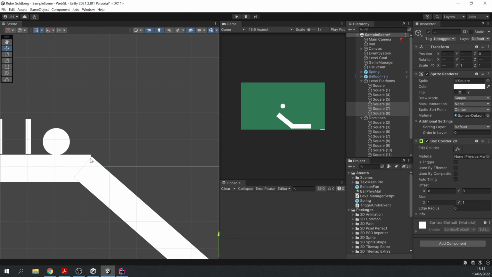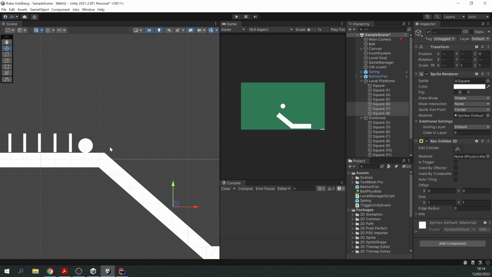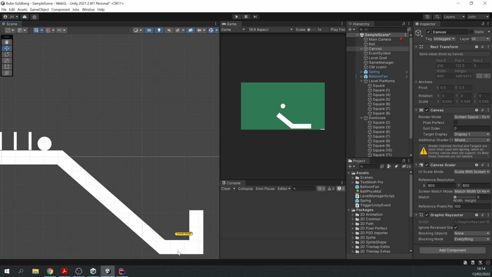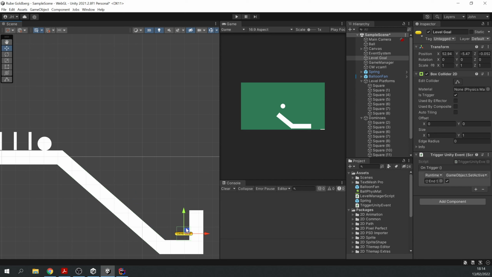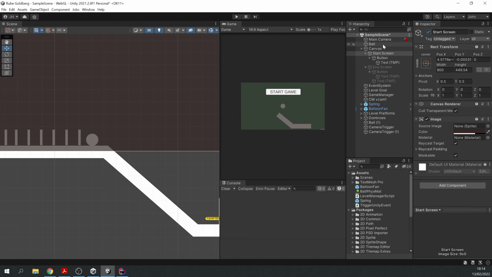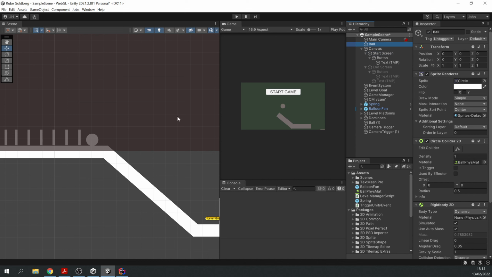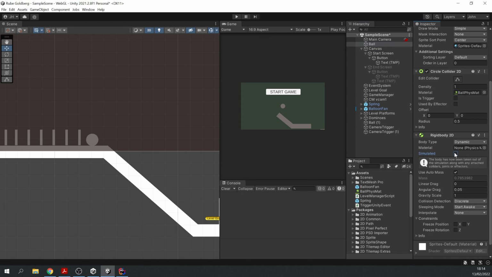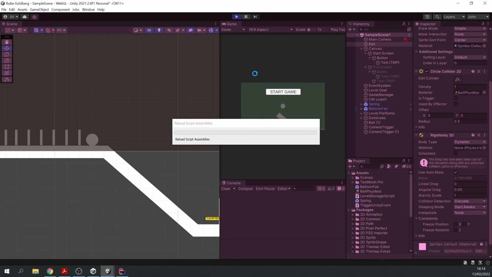I also just want to align this here. Level goal is there. Okay, I think I might have everything set, but I'm sure there's something I'm forgetting. So to check that this is all working, I'm going to go back to my canvas, going to enable my start screen. If you remember, the other thing I need to do is for the ball, I need to turn off simulated. And now if I press play,